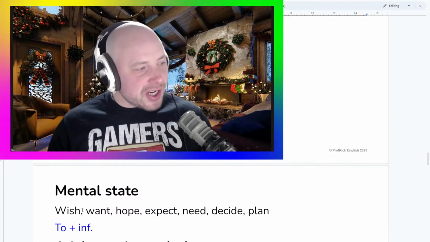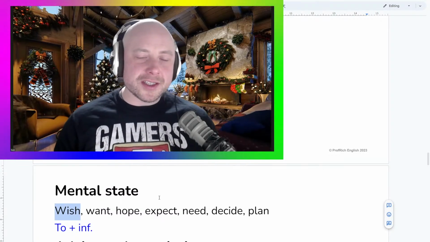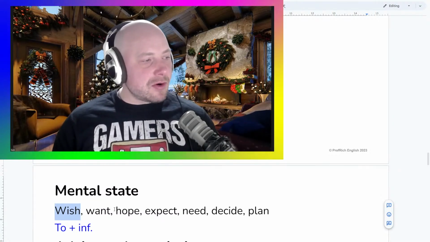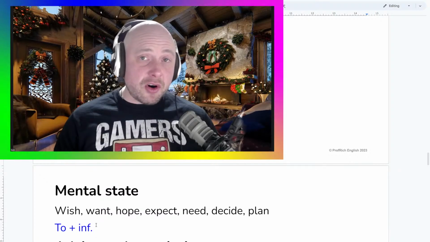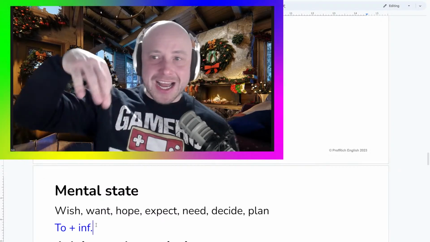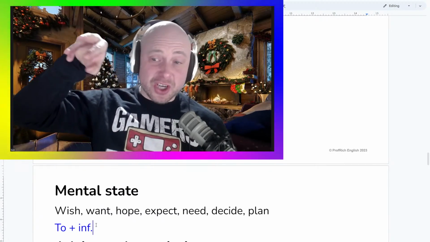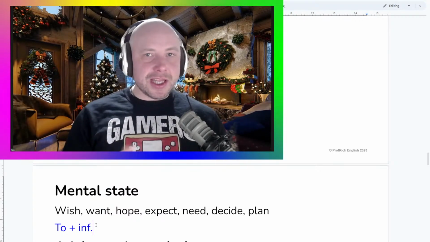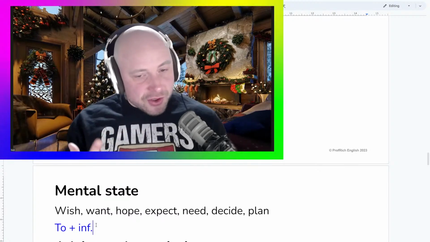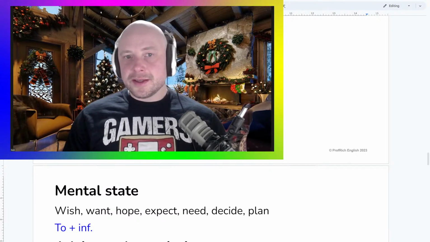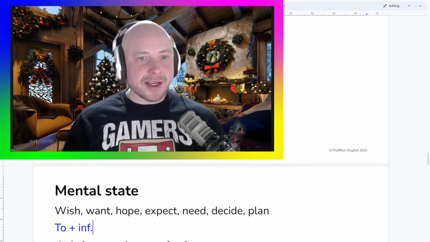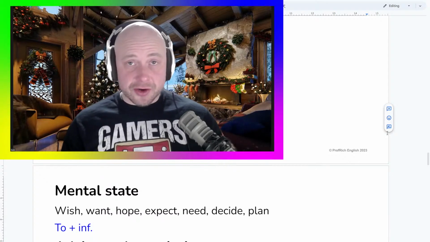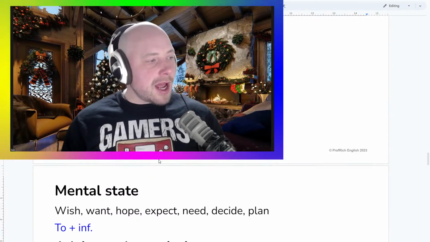Now, using wish in present simple is quite unusual, honestly. People don't normally use wish like that anymore. Wish is now used as a special form normally, which is I wish I had. So we use wish plus clause and then in the past. But if you do use wish like want, then in fact to is the correct way to use it. I wish to have a coffee. Excuse me, sir, I wish to have a coffee. That's actually correct English. All right, so verbs of mental state.